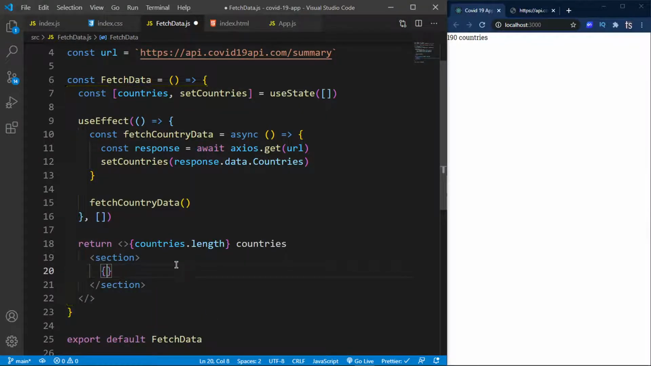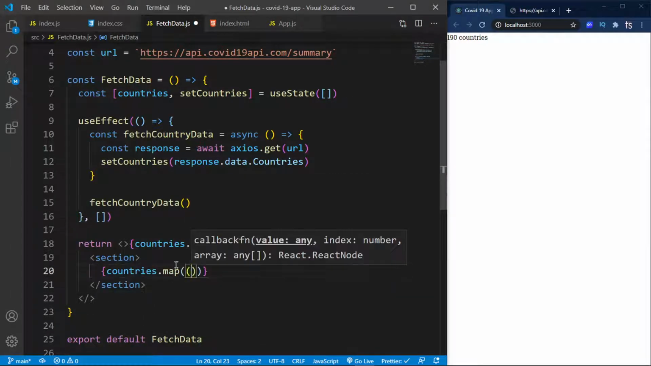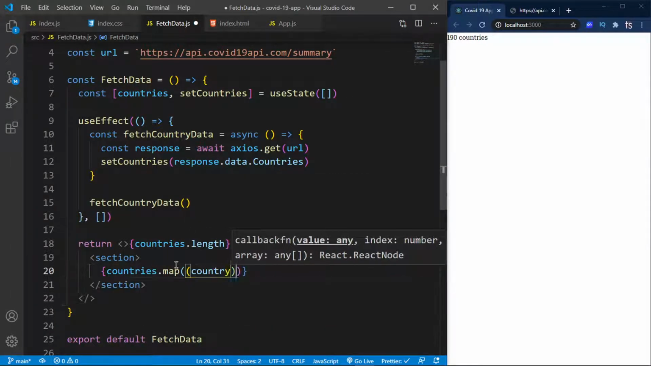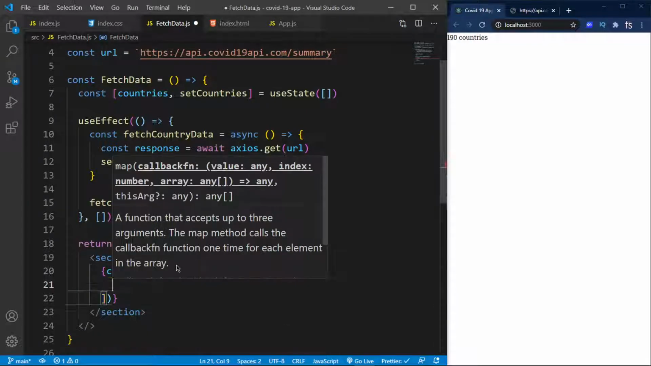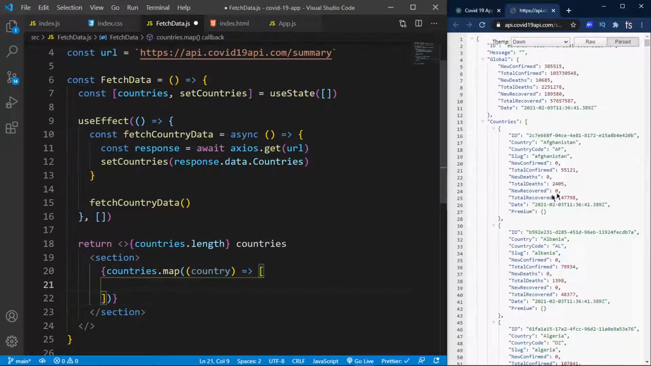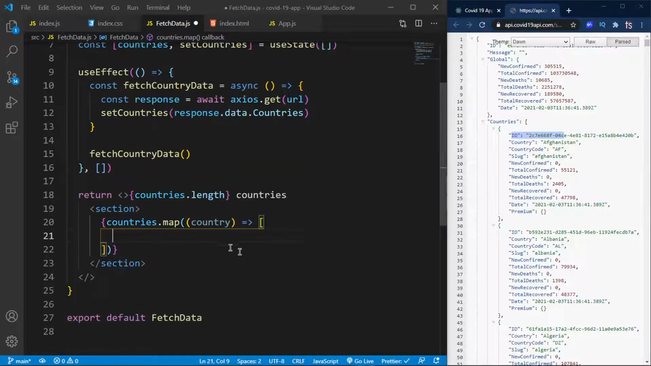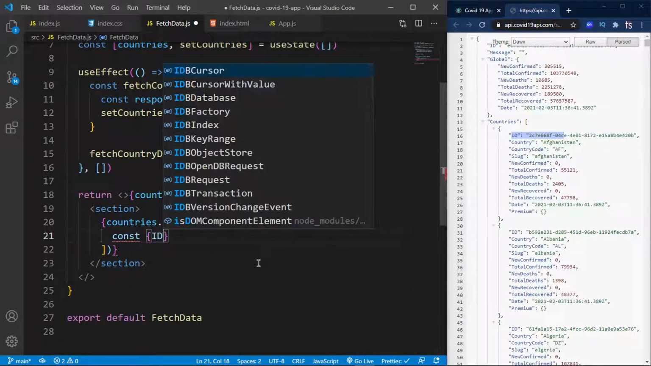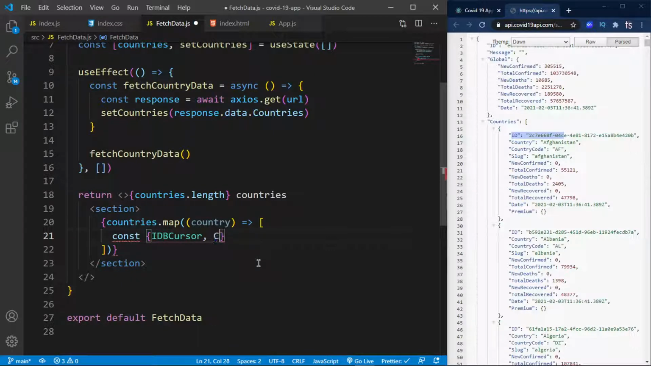And this section I'm going to now map over my countries data, so countries.map, and then for every country I want to destructure all the data that we're going to need in our application. So the first thing that I'm going to need is the ID, which will act as our key. So I'm going to say const, first of all, it's called ID capital, and then we need the country name, which is country